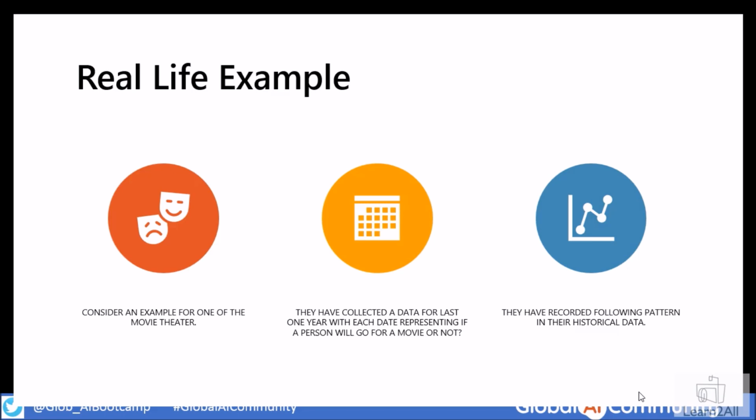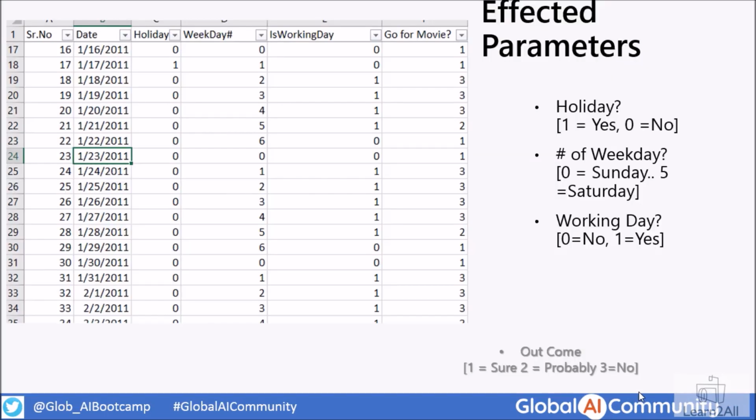So this is a scenario, this is a pattern. Like I told you this pattern already, but as a business user you don't know the pattern of your data. There might be a possibility that you are not aware of that, but this is the common scenario. This is how our prediction model predicts things. Right now, let me explain this. That theater organization is capturing their past 1 year data. This is their past 1 year data where they are capturing these moments. They are capturing the possibility of a maximum number of people going to watch a movie, right?